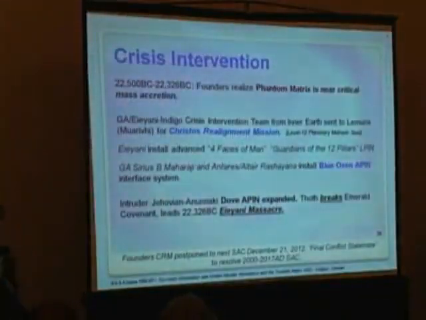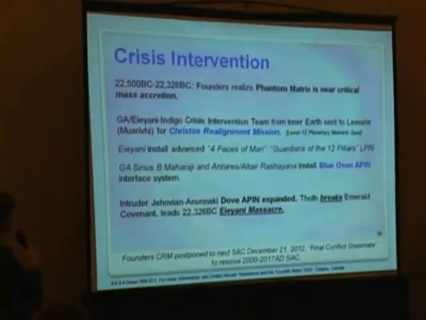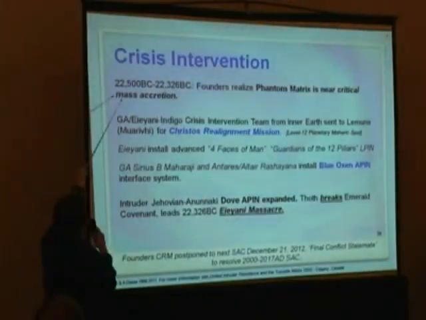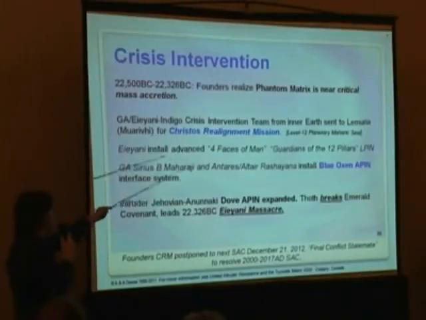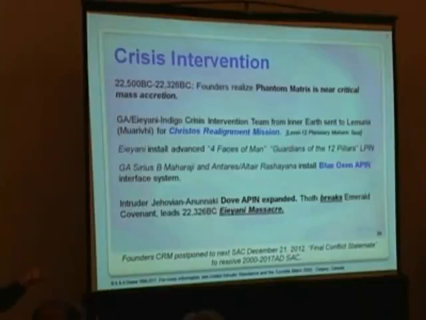So because of all that happening, there's what we call crisis intervention. 22,500 BC to 22,326 BC, the Guardians realize the phantom matrix, which we're going to learn about, is near critical mass accretion, which means it's big enough that it can start drawing Earth into its system. So there's an indigo crisis intervention team sent from Inner Earth to Lemuria for the Crystals Realignment Mission, which is creating a level 12 planetary Maharic seal to protect the planet Earth through the ascension cycle and the stellar activation